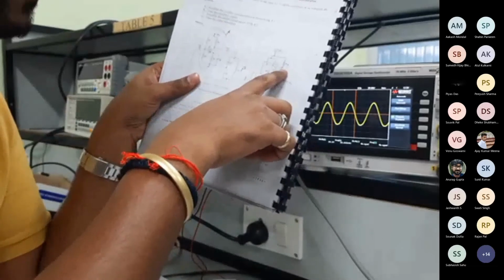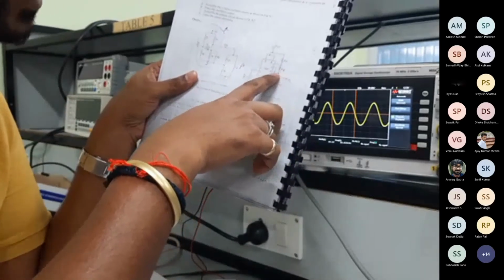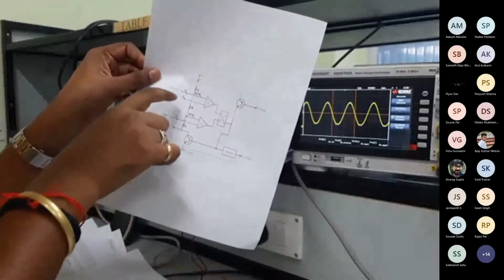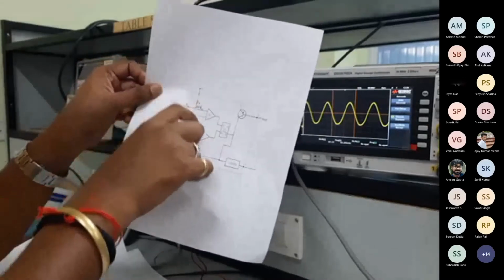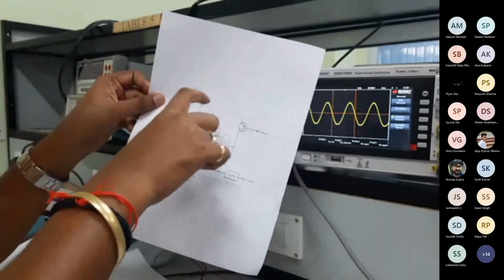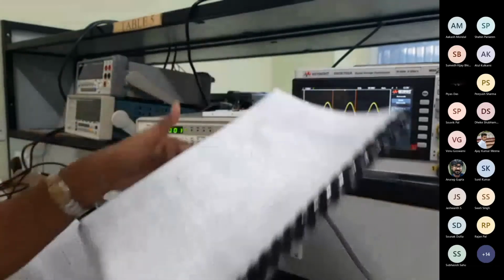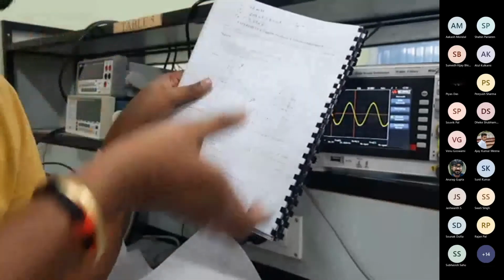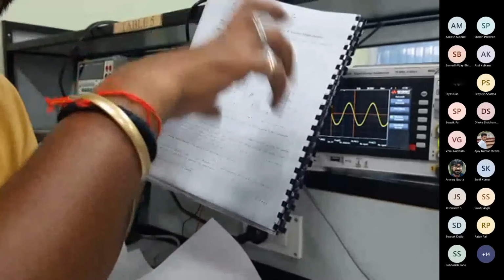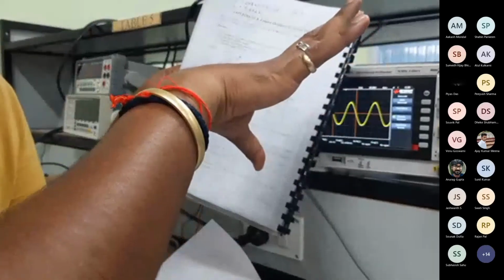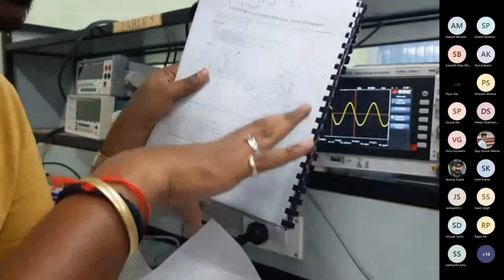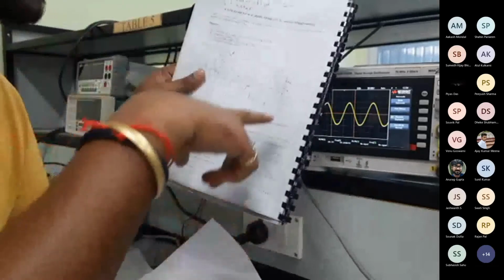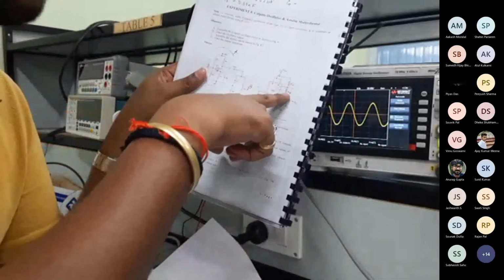Now pin number 7 is also connected through the RB resistor, which is connected to pin number 6. Here again we have connected another resistor to adjust or vary the reference voltages. So RB and RA are the resistors with which we can externally adjust the reference voltages. Internally, 5K resistors are connected to fix the reference voltages of both comparators, but externally we are adjusting the reference voltages of both comparators by connecting the RA and RB resistors.